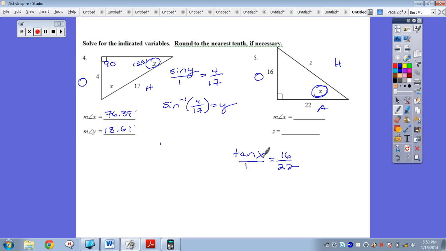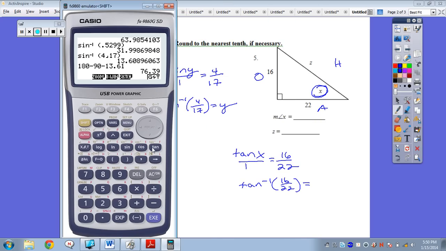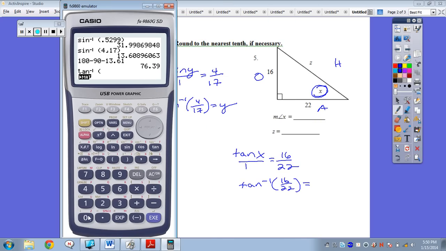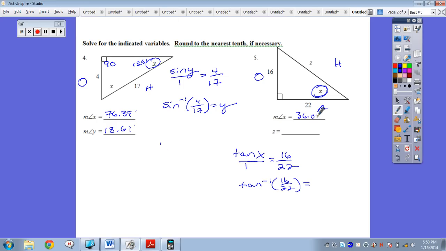Since you're looking for the angle again, you're going to do the inverse trig function of 16 divided by 22. Pull the calculator back up. Okay, so shift tangent, parenthesis, 16 fraction button 22. Hit enter. So it tells us measure of angle x is 36.03 degrees. In order to find z, which is a side, since you already have two sides, you can just